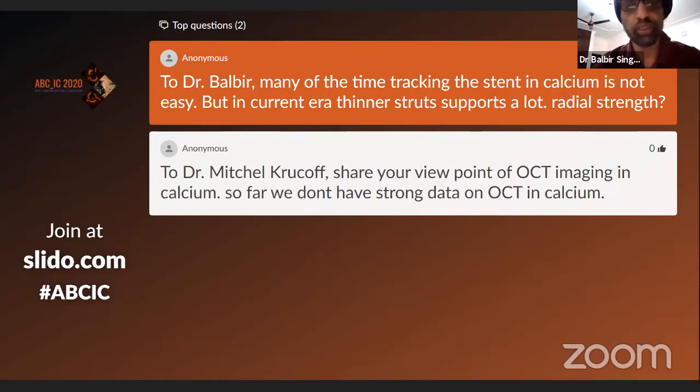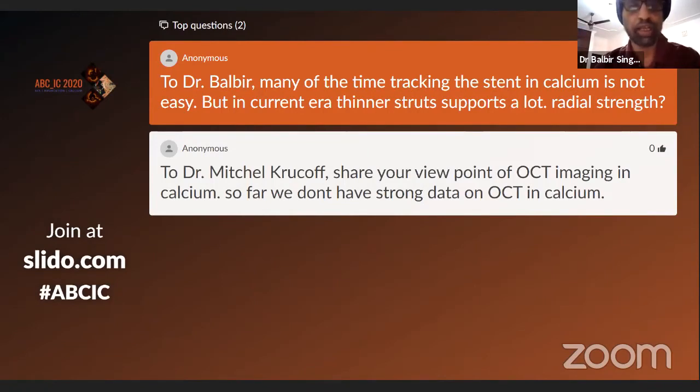Yes, it is true, a thinner strut is more flexible, may go through it. But the fact also remains that if there is calcium and your stent is not crossing, think of creating a better bed, because you may even get through it, but you will end up with an underexpanded stent. And it is very important that if the stent is not tracking very smoothly in a calcific lesion, your bed is not well prepared to handle that stent. So this actually may be a boon, that you get an answer that now you have to prepare your bed better so that your stent expands. Leaving an unexpanded stent is dangerous.